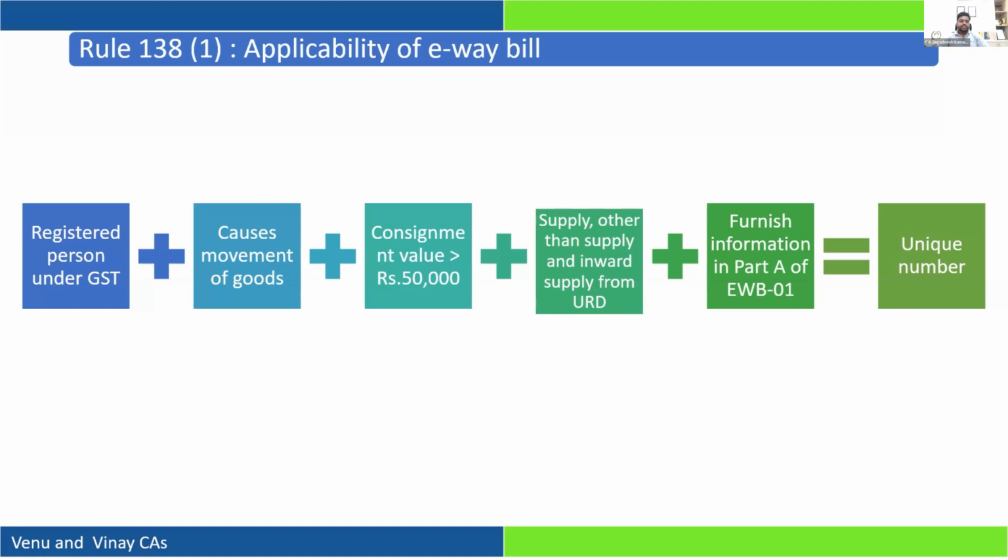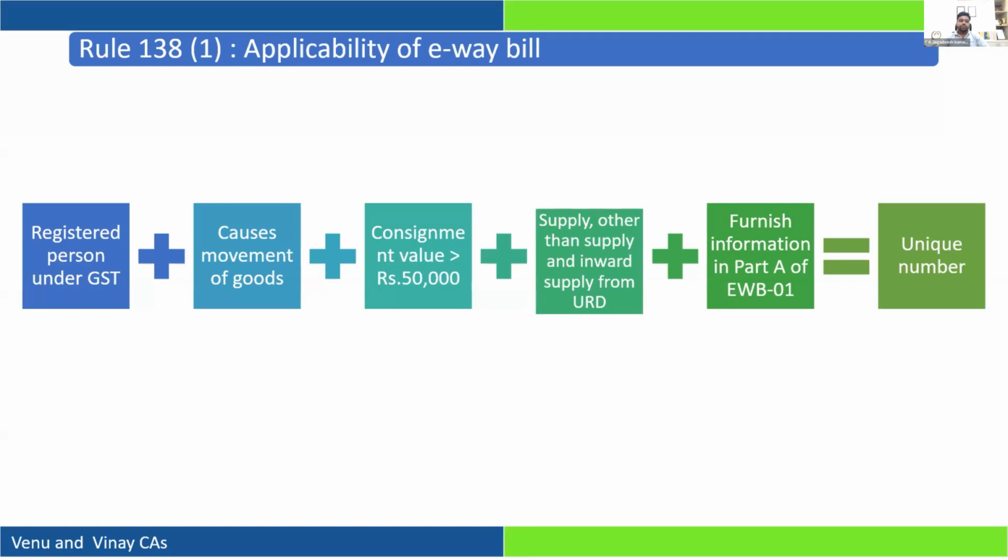We'll see rule 138 sub-rule 1. It says that every registered person who causes the movement of goods and whose consignment value exceeds 50,000, in cases of supply other than supply, and even in case of inward supply from an unregistered person, in all these cases, e-way bill generation is